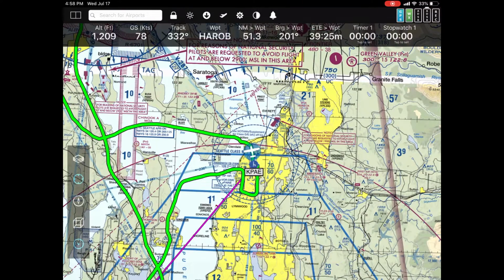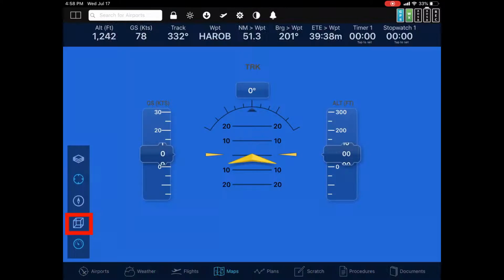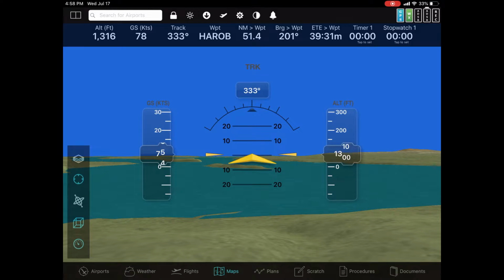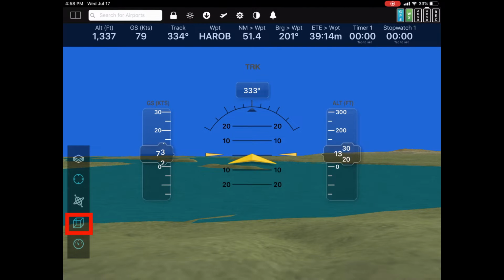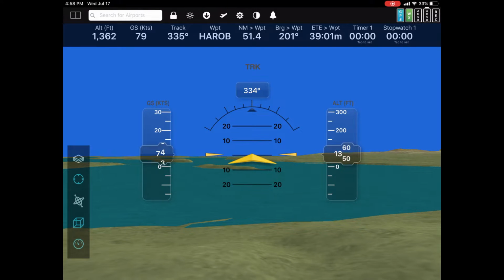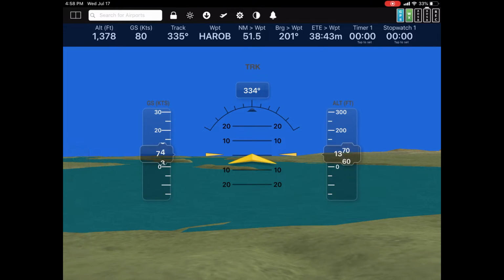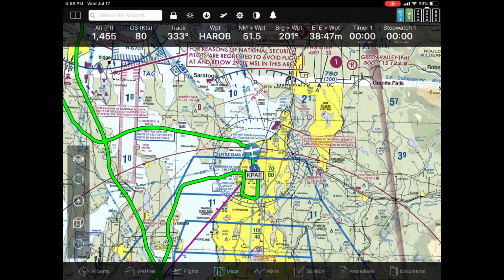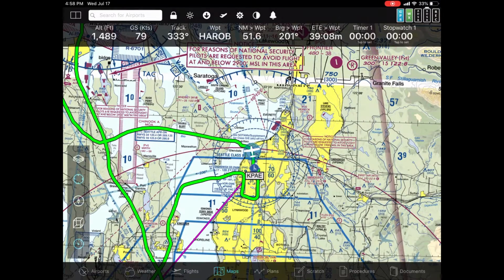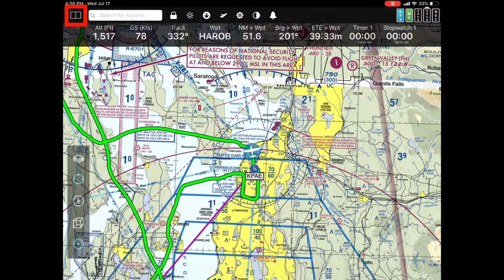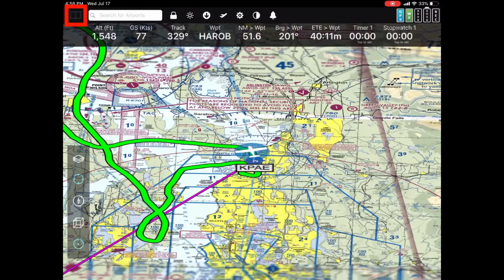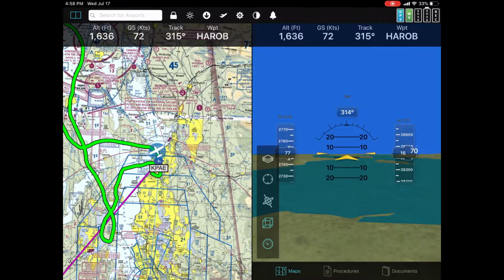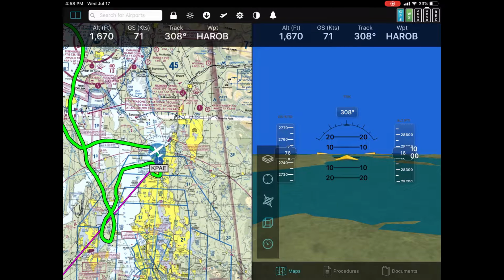You can also see it in 3D by hitting the cube icon, like that. Then tap the cube button twice more, and you get back to the 2D view, like that. Okay, but that's on 2D and 3D. For that matter, though, you can hit the split screen button in the upper left corner of the screen, and why not? You can display it both in 2D and 3D at the same time, and FlyQ has always had